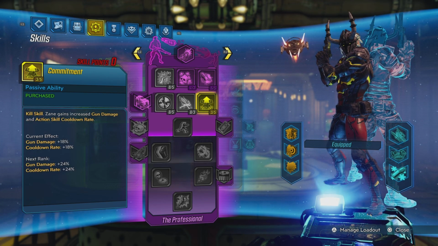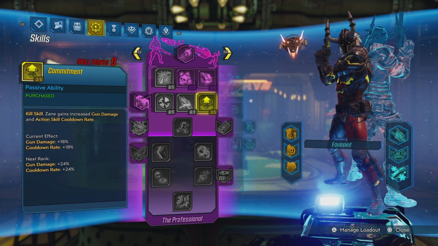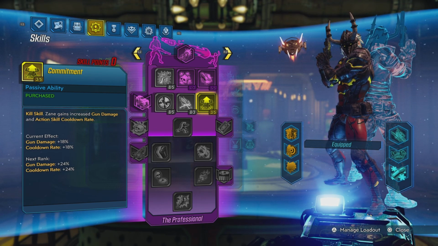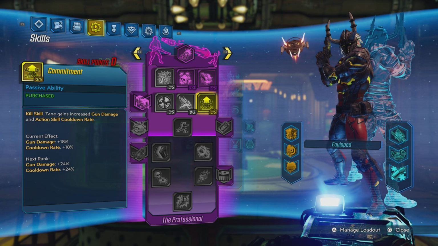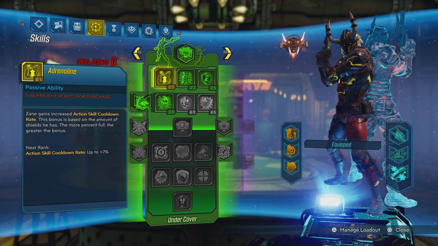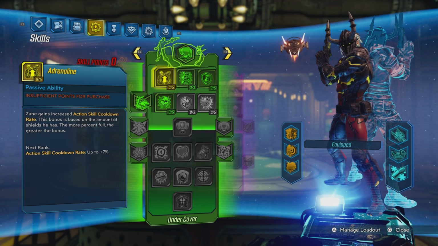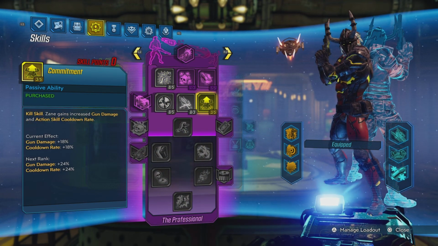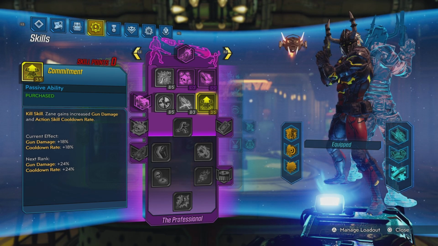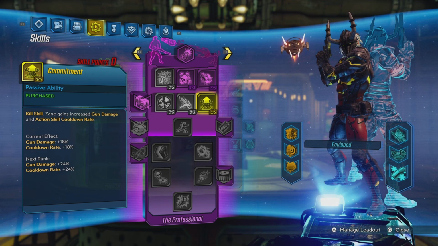3 points into Commitment. So this is a kill skill. Zane gains increased gun damage and action skill cooldown rate. Out of all the action skill cooldown rate perks, this one just seemed to be better because I'm getting gun damage as well. I could have put some points in Adrenaline, so Zane gains increased action cooldown rate based on the amount that's in my shield. But this just seems better. It's just a kill skill which helps out with Seeing Dead and Seeing Red. So this is a kill skill I think is really beneficial, especially when you're getting increased gun damage as